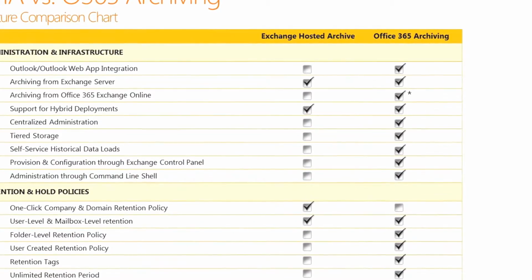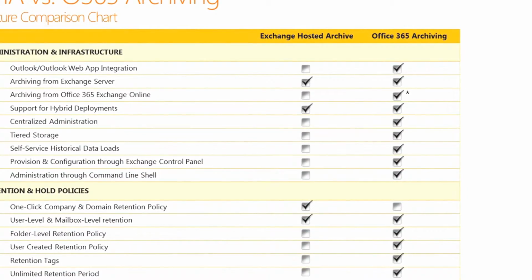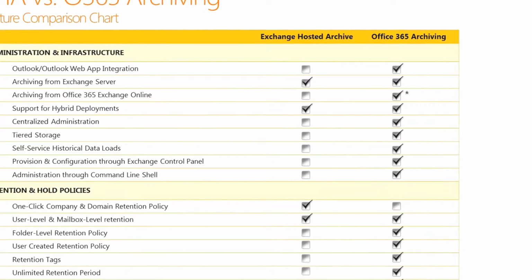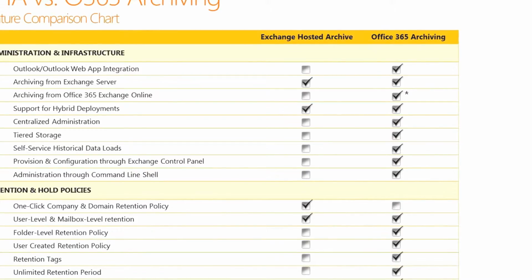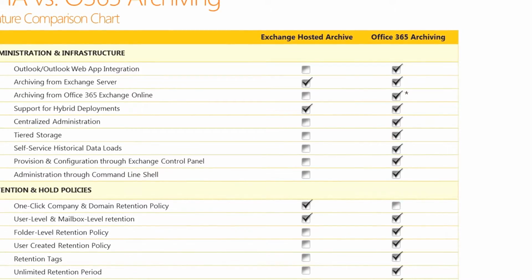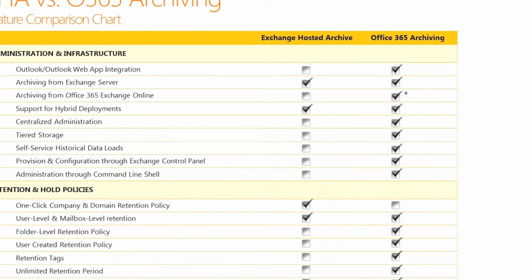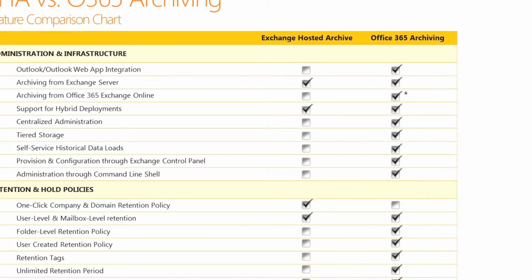If you think about how Exchange-hosted archive and the archiving service in Office 365 compare from a feature perspective, you can see that Office 365 has many more features than the Exchange-hosted archive service does. It's a much more robust service offering, and we hope that you're happy with the offering in Office 365. With that said, we want to make sure that customers know that there are some small differences between the two products. The first is, in retention and hold policies, an organization in Exchange-hosted archive can have one-click company and domain